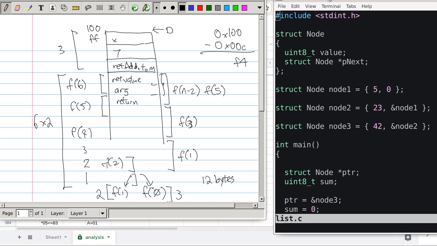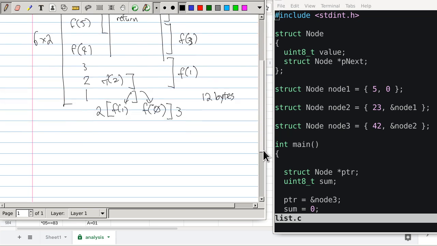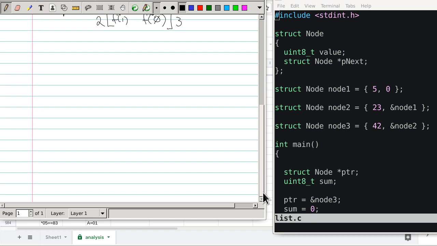All right, I just wanted to make sure if we are building the data structure. So in this case, we are building the data structure using initialized structures. When you look at this part here, that really is just initialized variables as global variables. But what the data is going to look like, if I want to represent it graphically, is going to be something like this. So node one